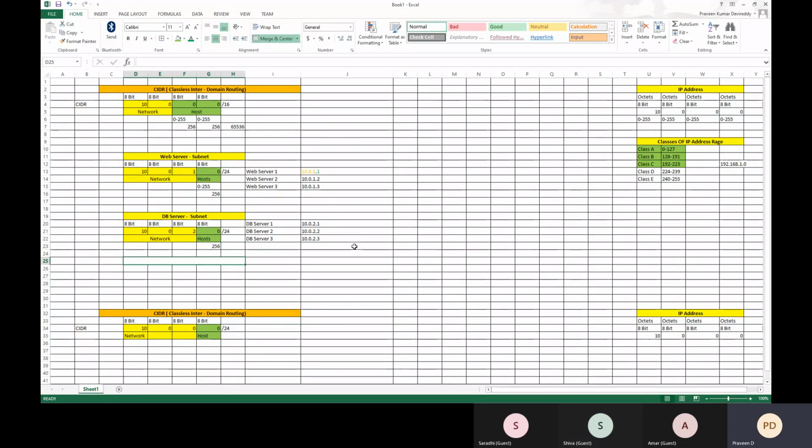After creating a subnet, what Azure will do, out of 256, right? In our case, total hosts are 256.